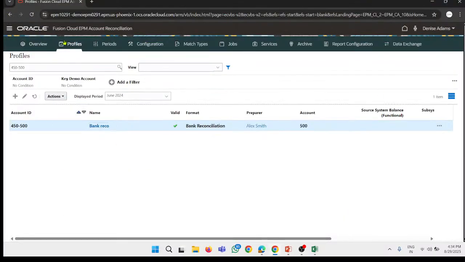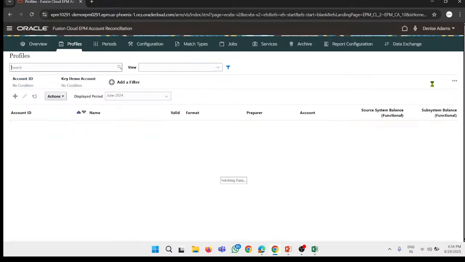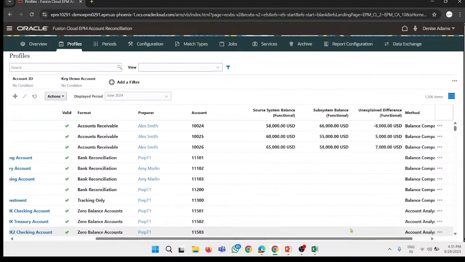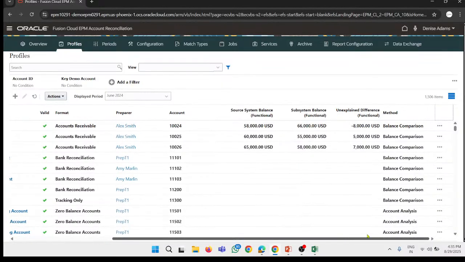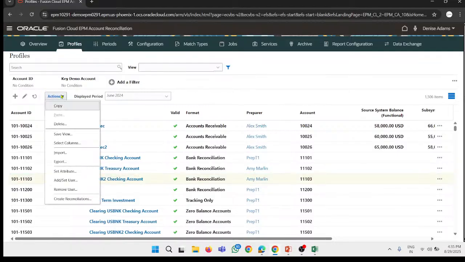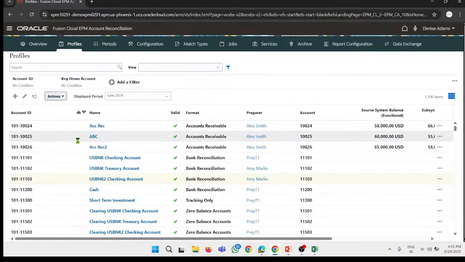So just go to the profile and clear this search. First we'll be seeing the view. Right now you are seeing all these things here: account ID, name, valid, format, preparer, amount, subsystem balance, then source system balance, sorry, subsystem balance. What else do we have? Unexplained difference method. So this is the view. You can see all the profiles. Now when I click on this action button and click on select columns,